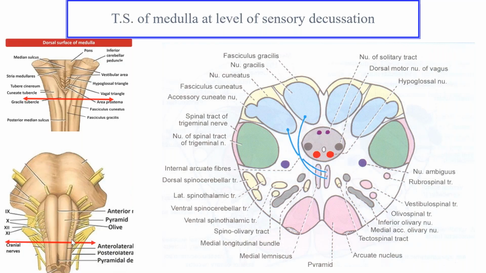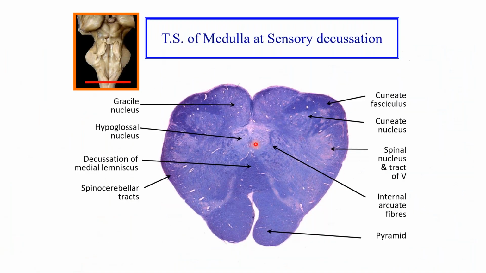In the sensory decussation also, you are going to draw the anterior median sulcus and the posterior median fissure, and the raised elevations for the fasciculus gracilis, the nucleus gracilis and cuneatus, and the anterior swellings for the pyramid. The basic descending and ascending tracts on both sides you should be able to draw, along with the nucleus of the tract of the trigeminal and its tract. So what is different from the pyramidal decussation?